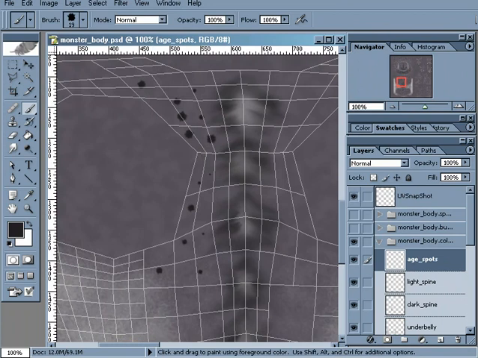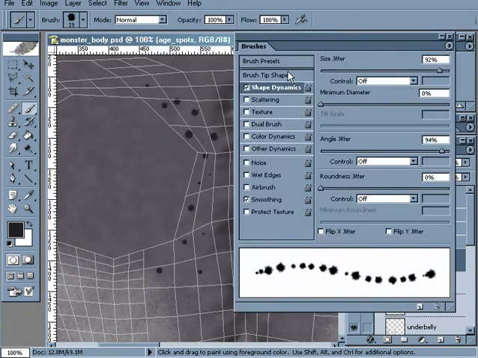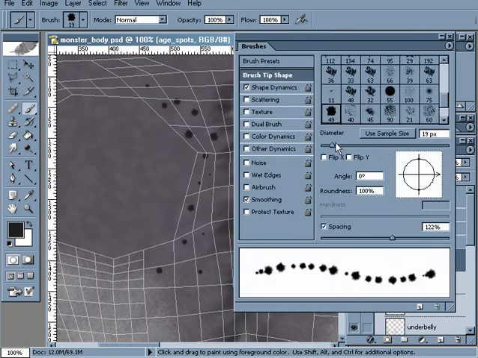Some of these spots you may find are coming in a little bit too large, so you may have to do a little bit of trial and error, maybe undo. If you find that some of these spots are still coming in too large, you can always adjust this diameter down to a smaller size, and then add some smaller spots wherever you need them. Once I've got just a few random spots placed, let's first check and make sure